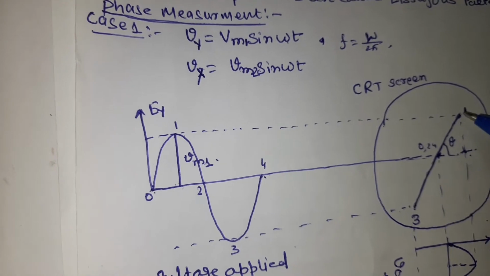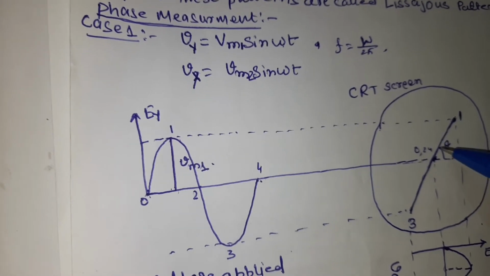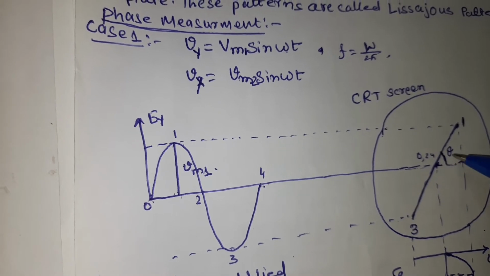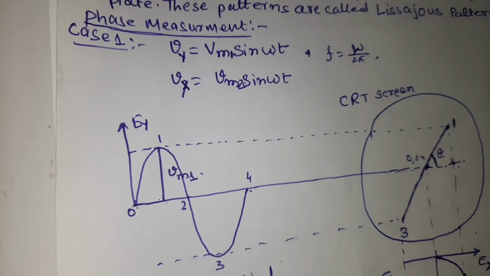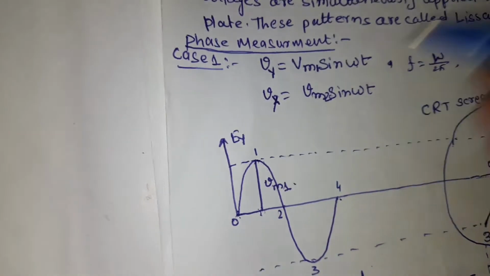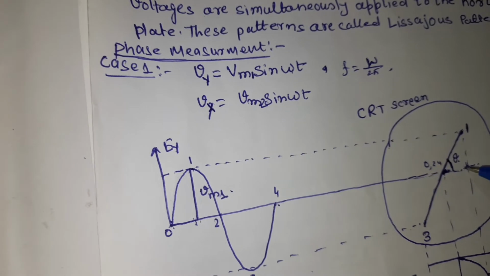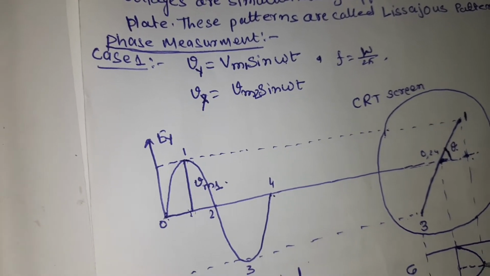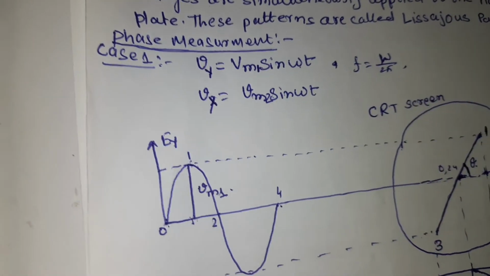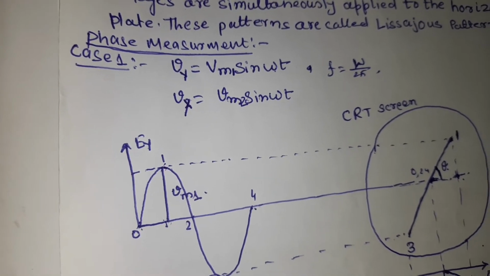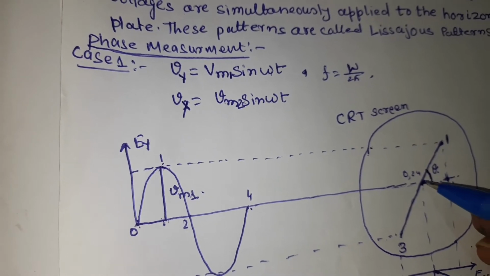So if there is zero phase difference, then on the CRO a straight line appears, and the angle of the straight line from the origin is decided by the magnitude of the X plate voltage and the magnitude of the Y plate voltage. The X component of this line depends on the magnitude of the X plate voltage, and the Y component of this straight line depends on the magnitude of the Y plate voltage. So if Vm1 and Vm2 are the same, then tan theta is equal to 1. That means if you apply the same voltage having the same frequency,